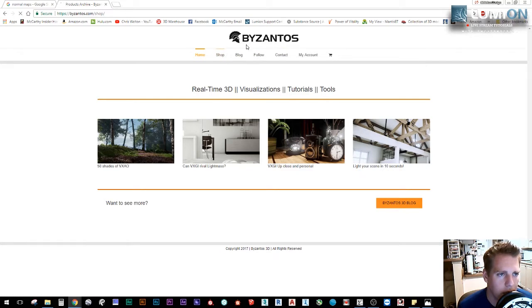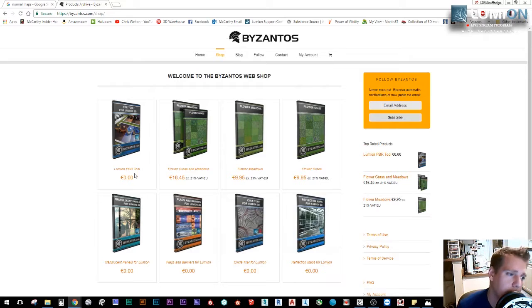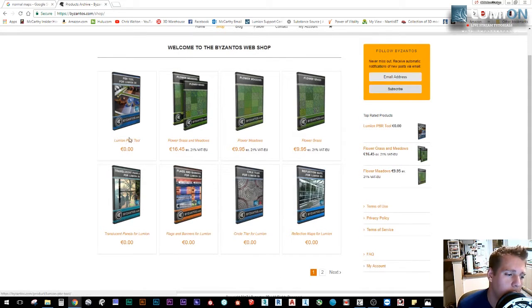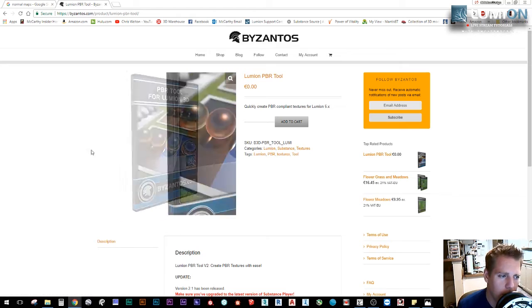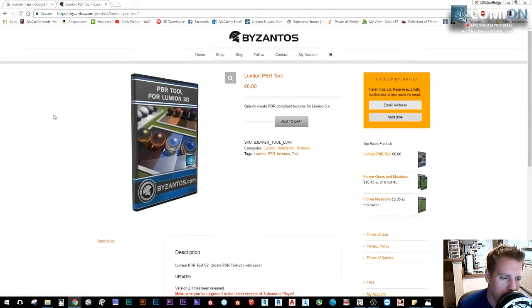So Xanto's, of course, I'll have a link to this as well. And what we're looking for is this awesome Lumion PBR tool. This released with Lumion 5, I believe. 5 is when Lumion switched to PBR. And he generated, I'm not sure how he did it. He must have gone into, I think he knows